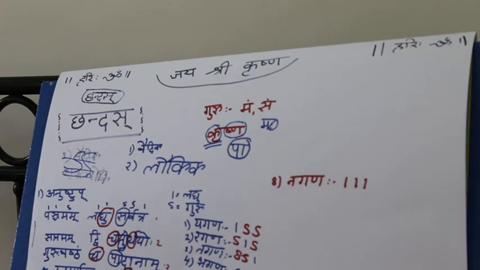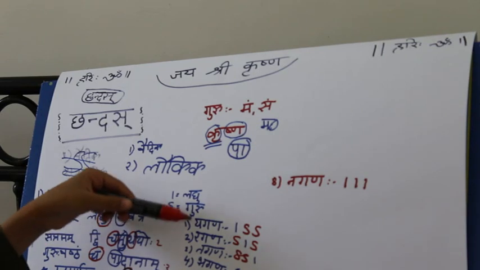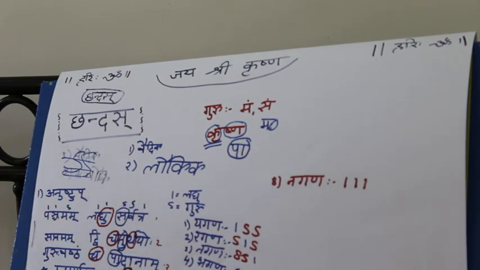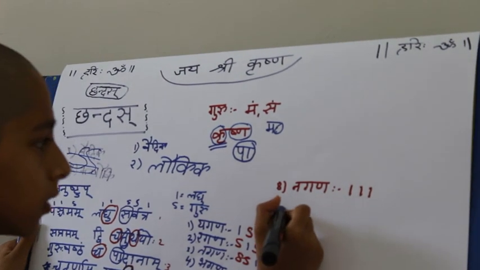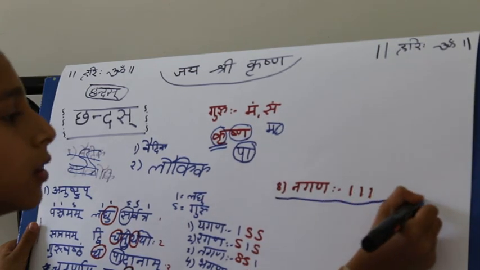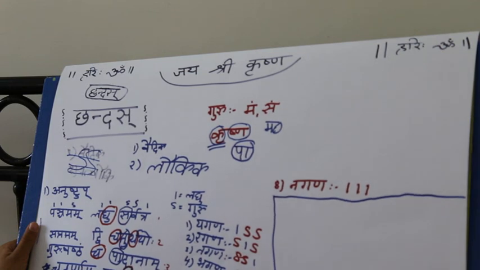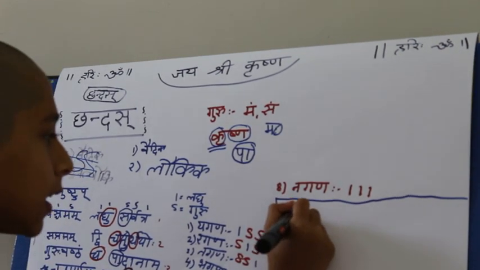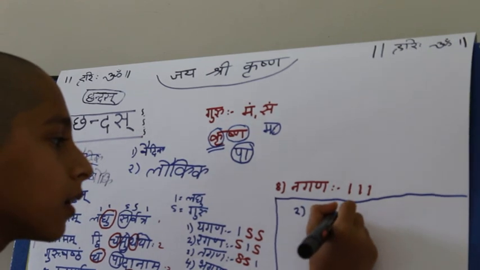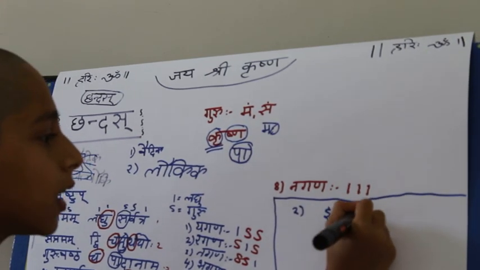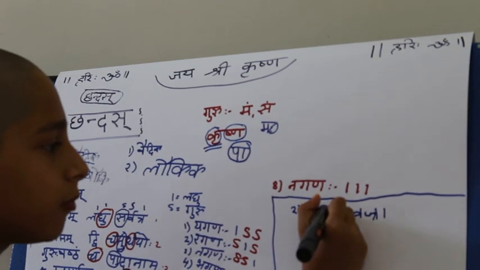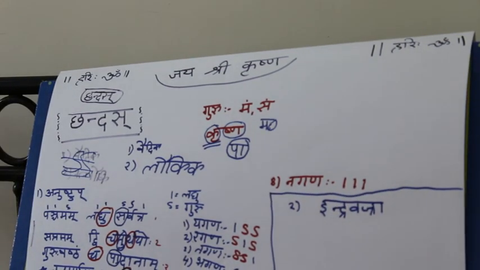Now we shall explore the other meters which will teach you about these yagana, ragana, tagana, bhagana, jagana, sagana, magana and nagana in detail. The next meter after this meter, which we have finished now, is the Indra Vajra. The Indra Vajra meter shall be explained in the next video.